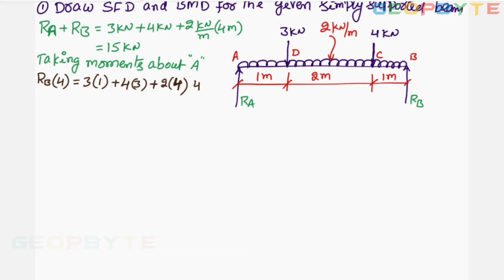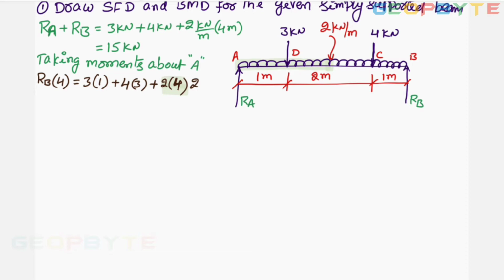First you have to convert from UDL to point load. To convert from UDL to point load, I multiplied UDL with UDL distance. Once you multiply UDL with UDL distance, you are getting the point load. Assume that point load is acting at the middle. From the middle point to distance up to A, it is 2, not 4. That is the printing mistake. 2 into 4 is giving the point load, acting at the middle. Distance up to A means this is the distance.